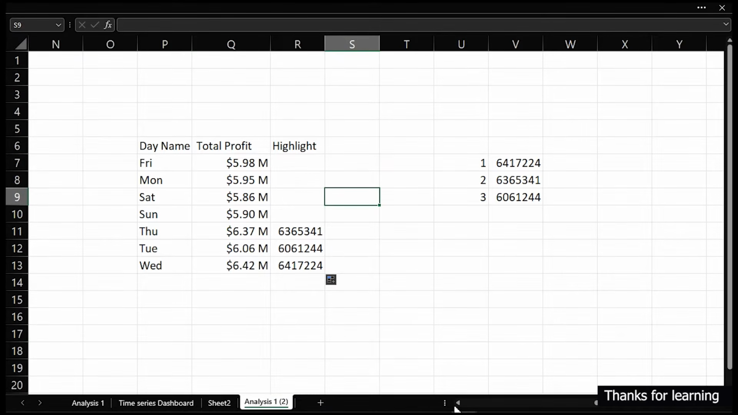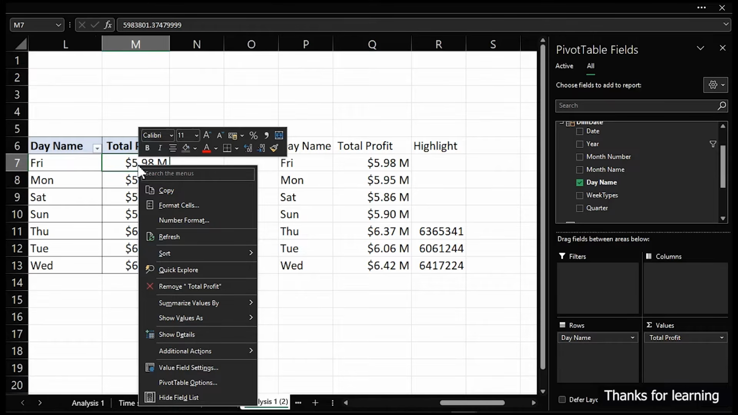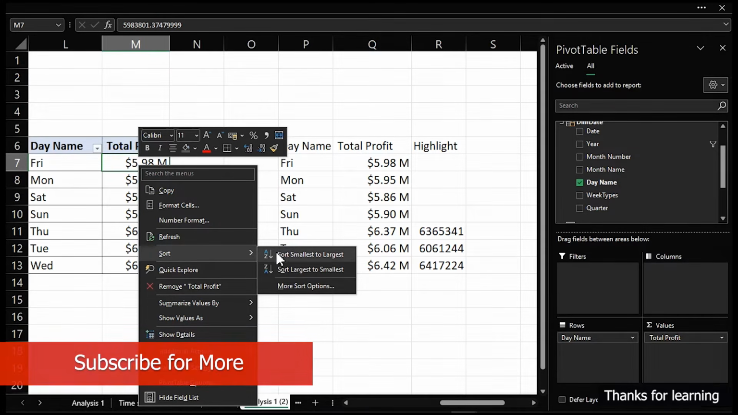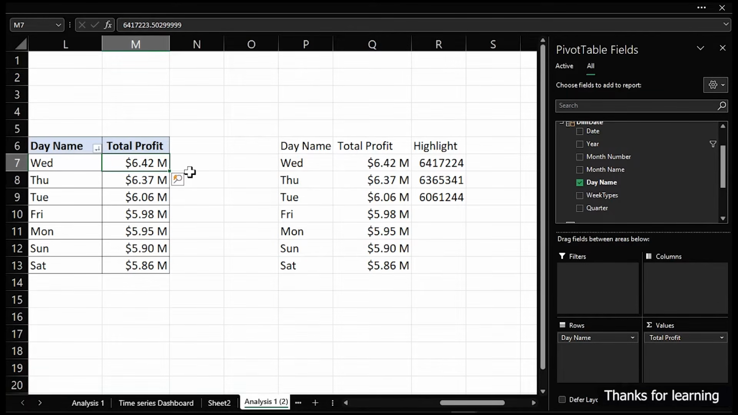Okay, so I am going to go over here now to try to sort it. I'm going to click on sorting. Sort from largest to smallest. Then if we want our week to start accordingly, what we can do is to go over to our